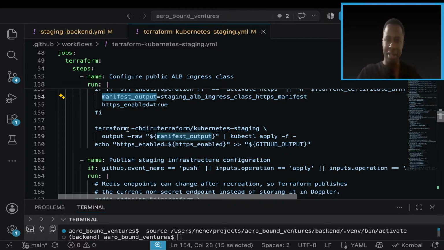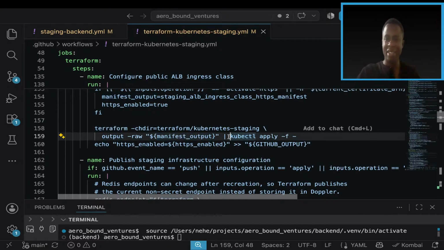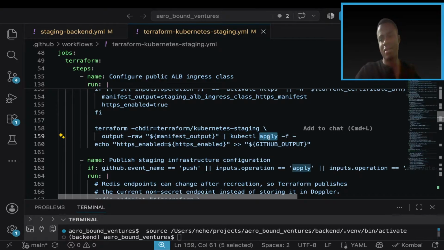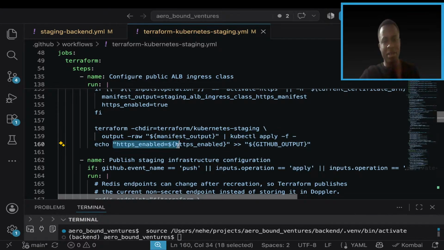Then at the end, we run this command on Terraform, we get the output, which is the manifest output, and send that result to kubectl apply, as simple as that. Then we get this result of HTTPS enabled, and redirect it rather to the GitHub output,